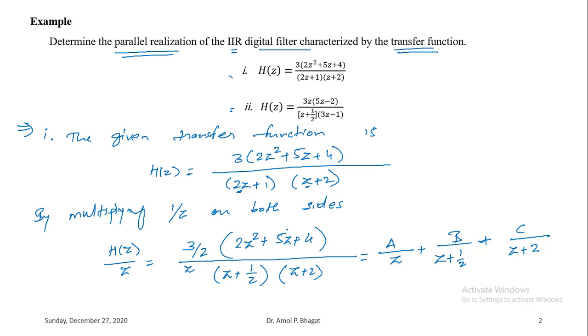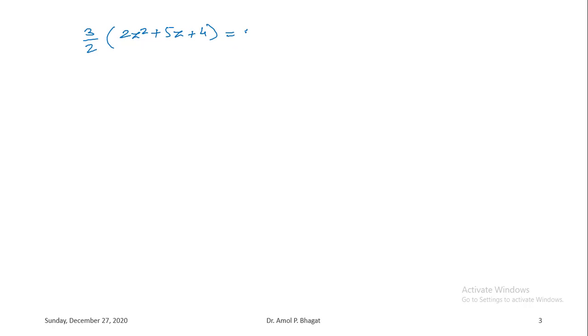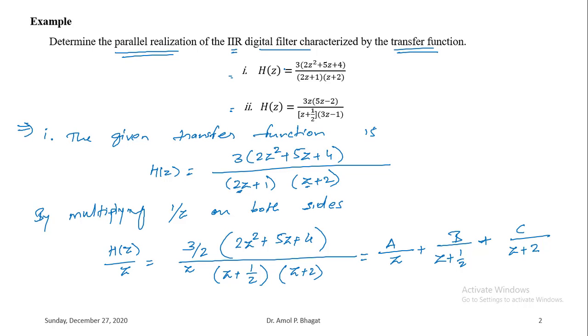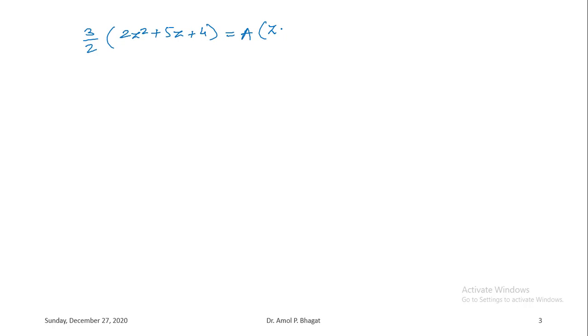If I'm sending this denominator there, so z will get cancelled, right? So A in bracket, what will be there, z plus 1 by 2, right? Then z plus 2